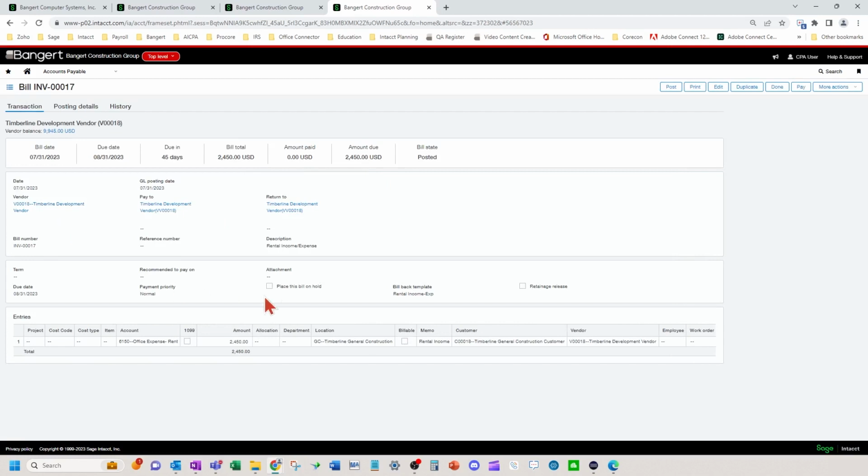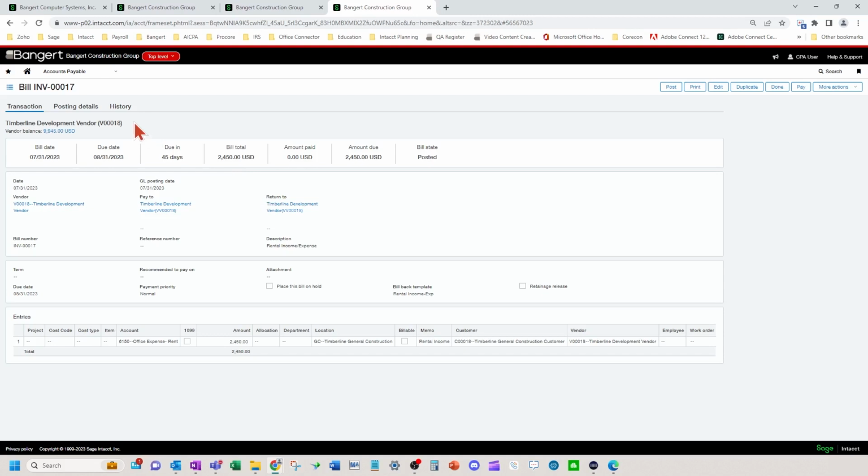You can see that my Timberline General Construction entity got charged rental expense, and it owes the Timberline Development vendor. So this General Construction entity is going to make a payment to the Timberline Development inter-entity vendor. I didn't do anything for this to get created.